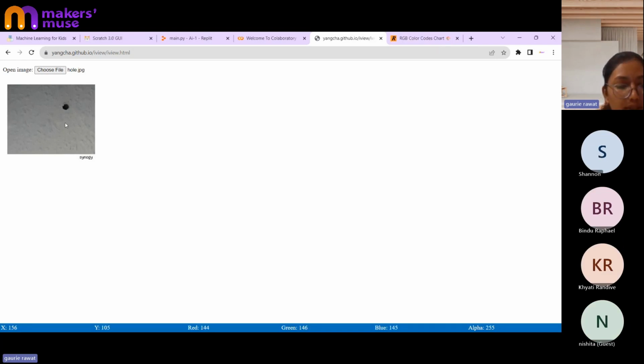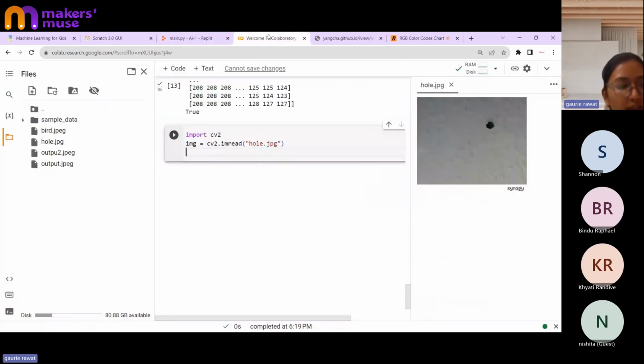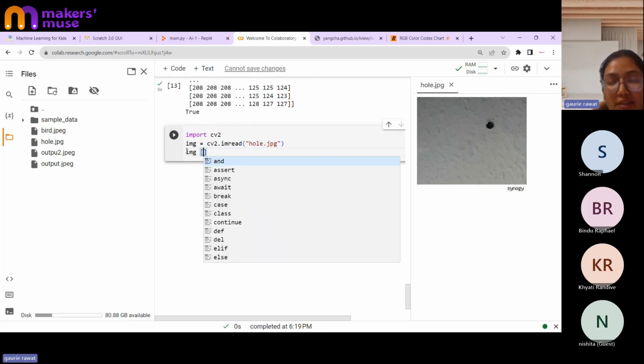Okay. So this is the image. I want to color it with some other color. I've got the pixels with the help of this website. Since the image is uploaded, I'll just write image bracket. Now comes the task: what pixels should I give? Like I told you over here, it's not in the X comma Y format. It is in Y comma X format. So first my Y pixels chosen were 47 and 67. From 47 till 67, I need to take all the numbers. Now it's very difficult to choose each and every number over there.